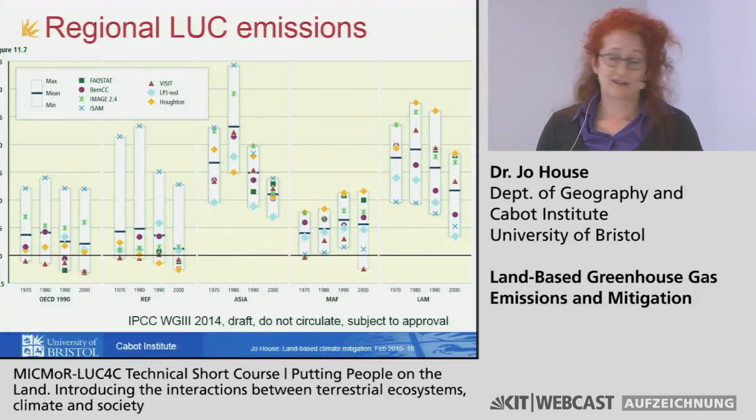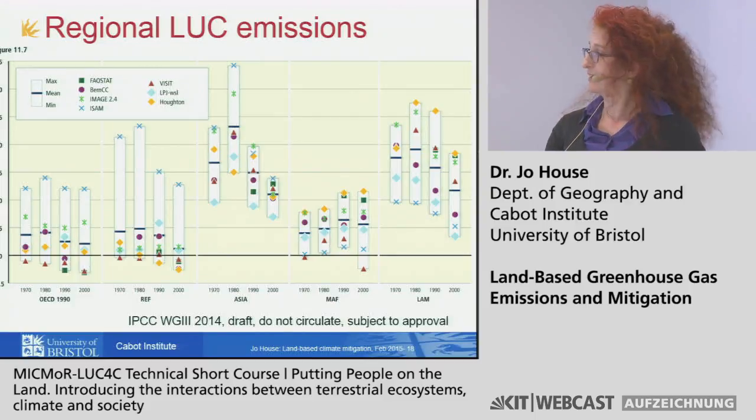So that was the uncertainty at the global level. When you break it down to the regional level, then you've got even more differences between the models. So this is really just showing you FAOSTAT is the green square, and the rest are all DGVM estimates. But there are some key things to pick out here. Each of these is a different region: OECD, the reforming economies, Asia, Middle East and Africa, and Latin America. And each shows the emissions in the 70s, 80s, 90s, and the 2000s across a range of DGVM methods and FAO, showing you the mean and the range.